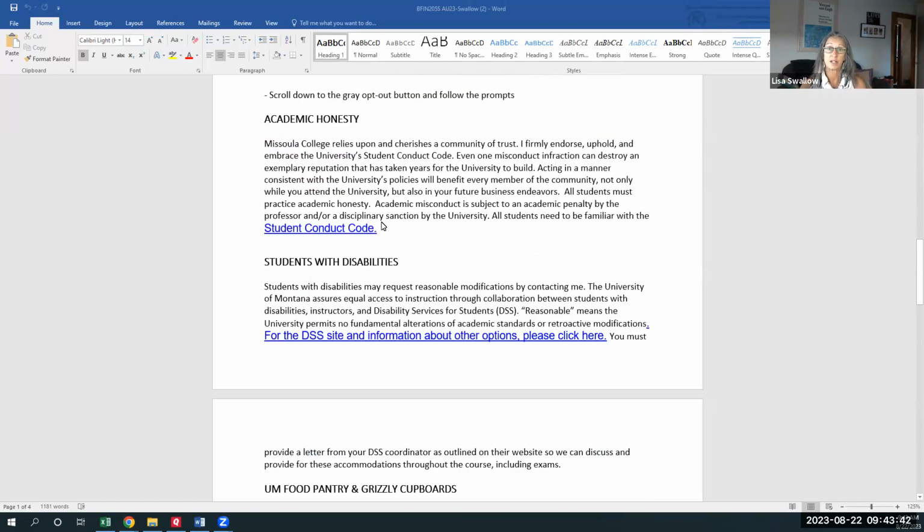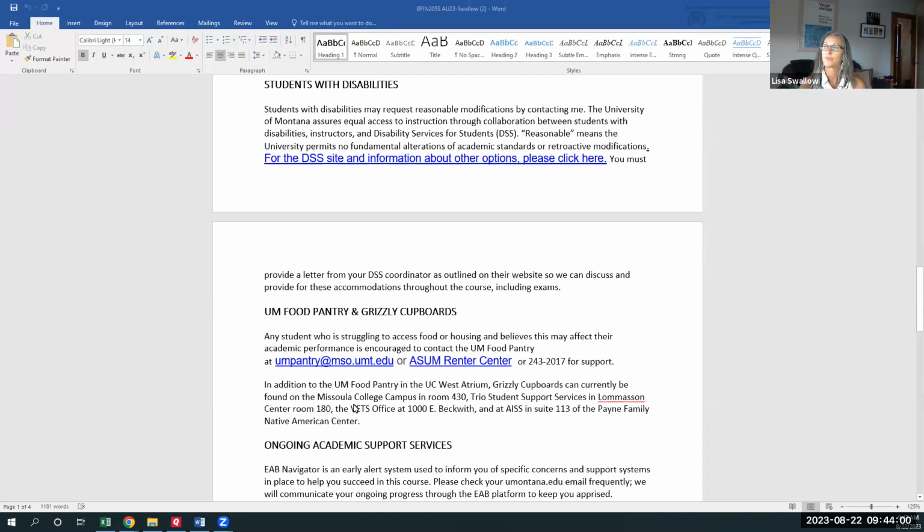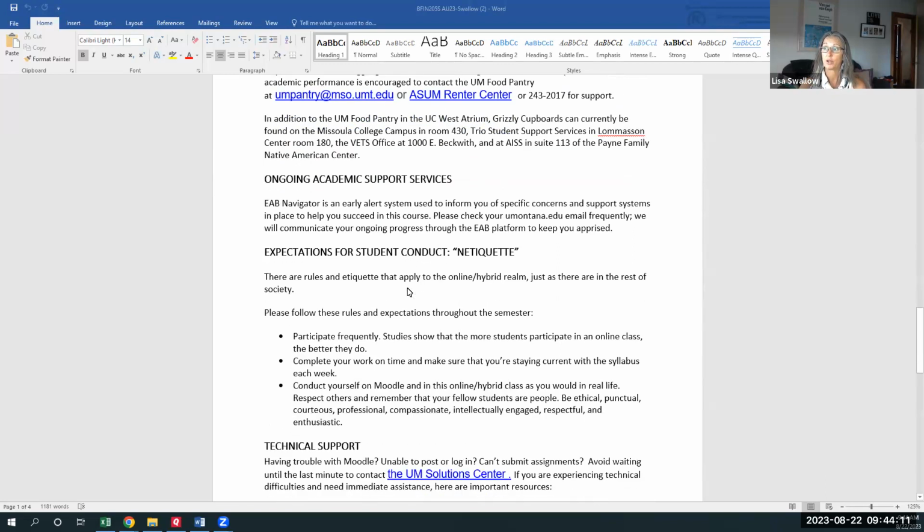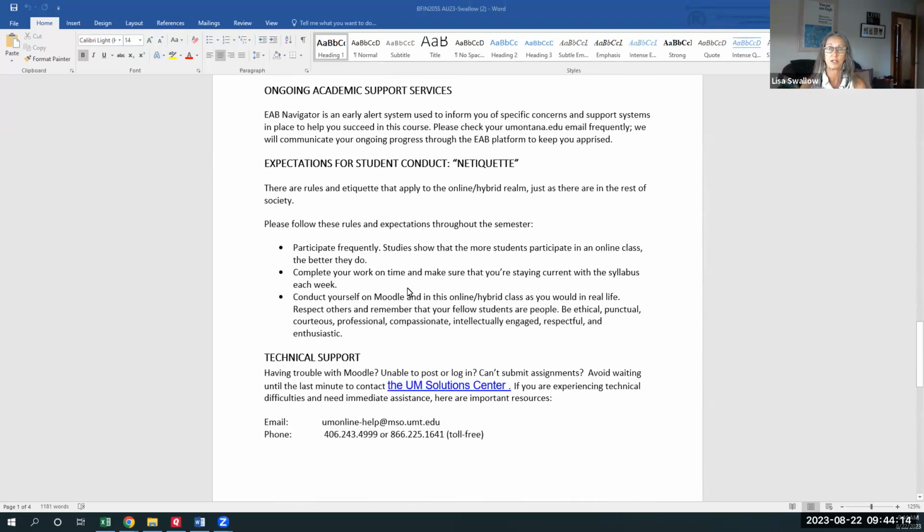Everything around the University of Montana ethics and expectations can be found at the Student Conduct Code link. And here is your DSS, Disability Student Services, link. Please use that and get engaged with that office if you have any accommodation needs. And of course, I will be willing to do that. We know that 1 in 10 of our students has some sort of food or housing issues. Please know that there are resources at the university that can help you